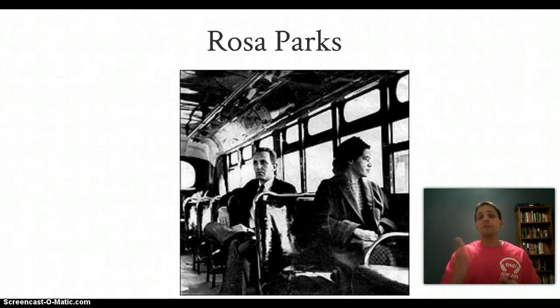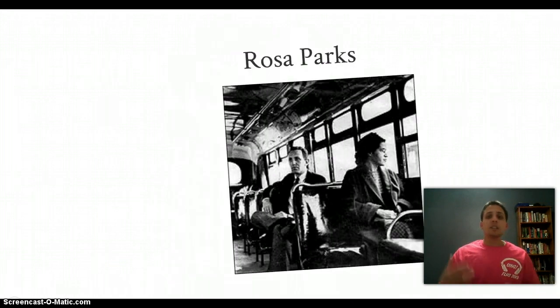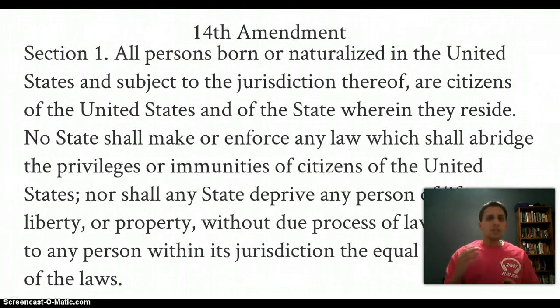So this is again from the civil rights movement of the 1950s and 60s, where you have Rosa Parks, who's on a public bus, and she refuses to give up her seat on the bus. So Homer Plessy is the predecessor of Rosa Parks, a person who bought a ticket, refused to comply with these laws, refused to move to a blacks-only car and leave the whites-only car. So this case gets all the way to the Supreme Court.